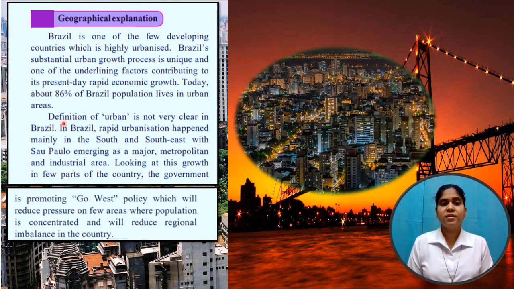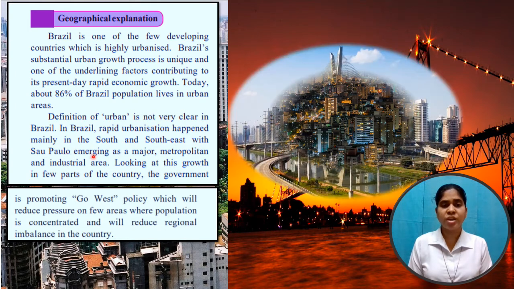Let's proceed. The definition of urban is not very clear in Brazil. The reason behind this could be that most of the people live in the developed urban areas, so they are unaware of the meaning of this word urban, as the government may too have not declared this concept of urban and rural. Let's proceed. In Brazil, rapid urbanization happened mainly in the south and southeast, with São Paulo emerging as a